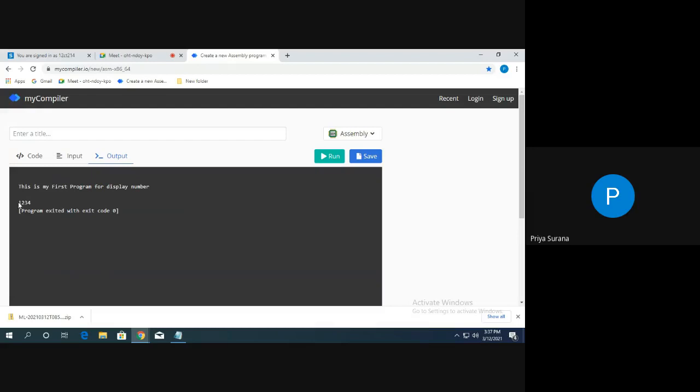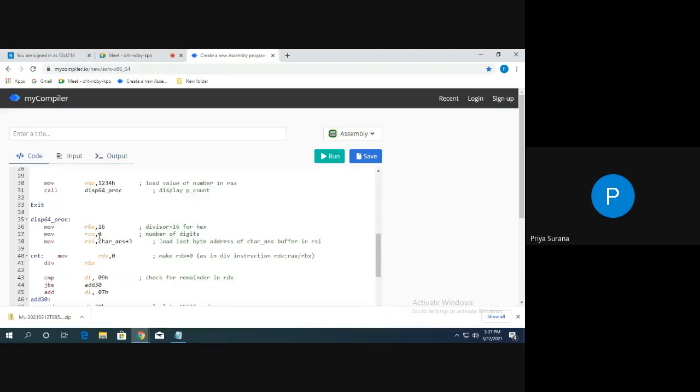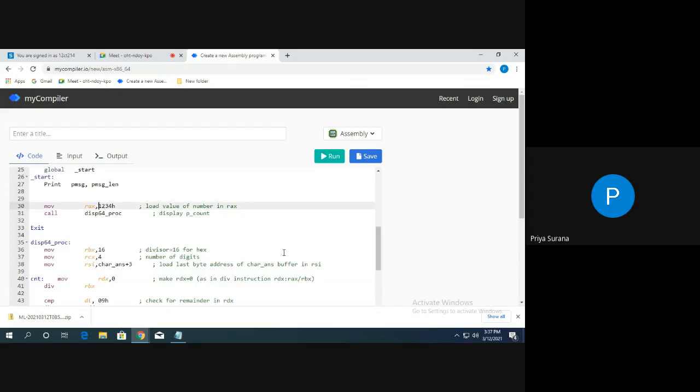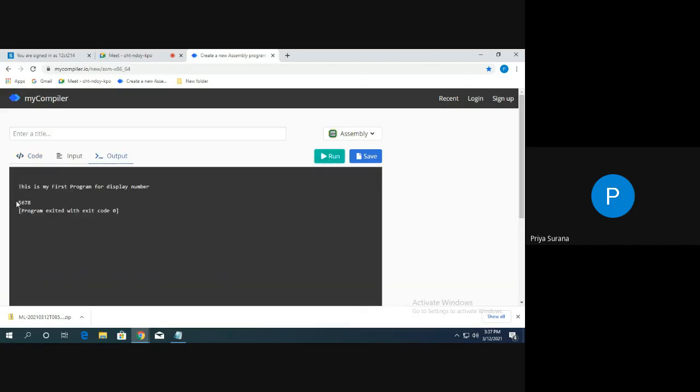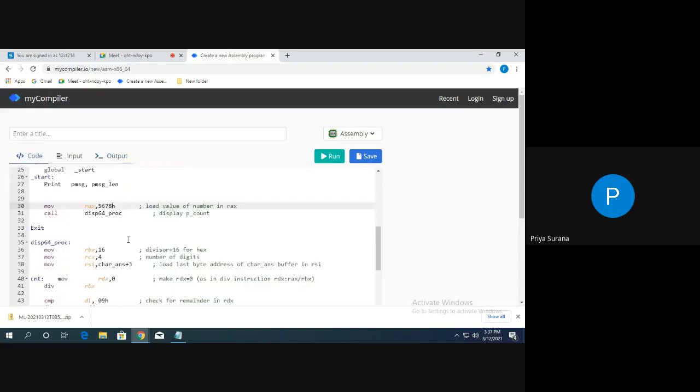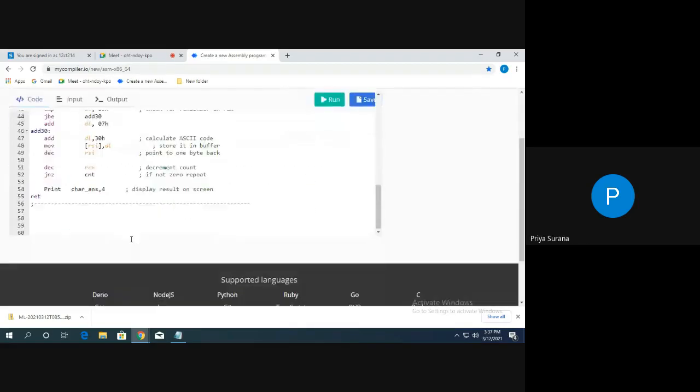It is displaying the result as 1234. I will make some changes. Instead of 1234, I use 5678, and it will display 5678. Just go through the code and the comments, and try to understand.